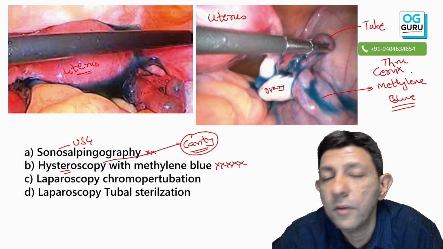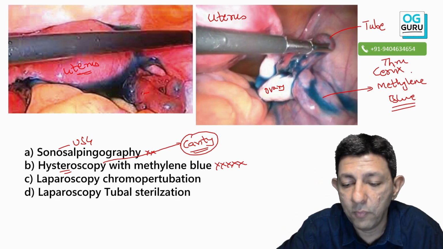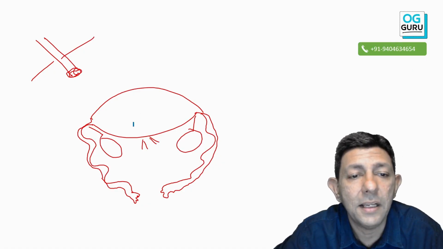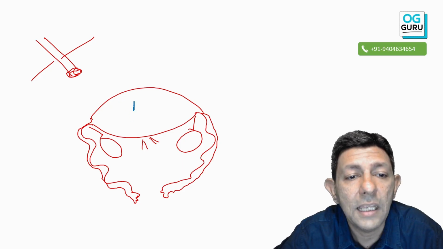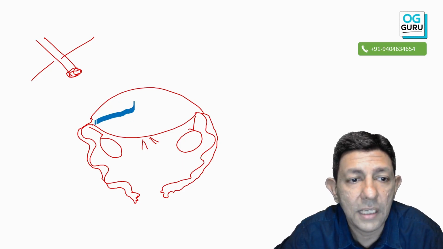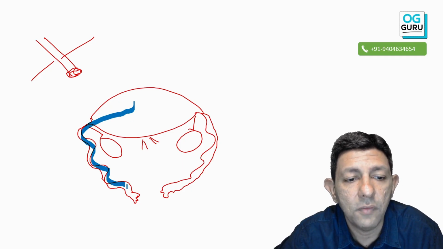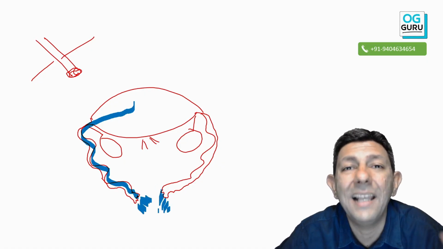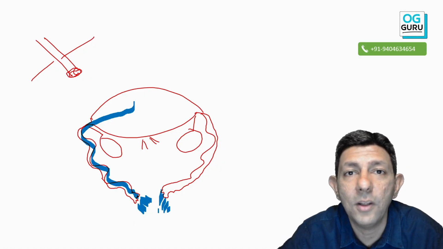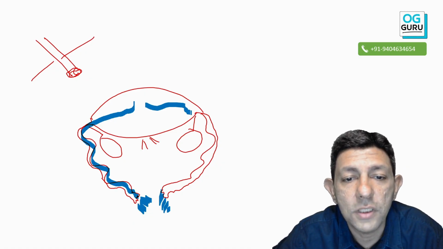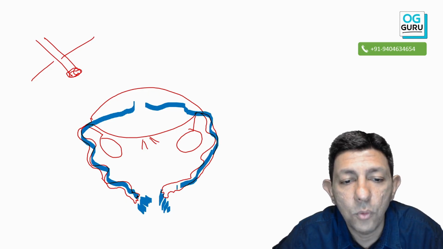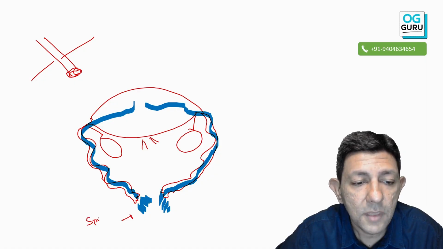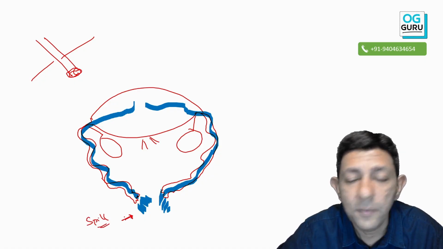Through the cervix we push the methylene blue dye, and what will happen is that if the tubes are patent, the blue color dye from the cervix will of course enter the uterine cavity, enter into the fallopian tube, and we get this blue spill. Everybody starts jumping in the OT. Blue hai, pani. So you see a blue color dye coming out. So there's also the spill of the dye. So this, my dear student, is your